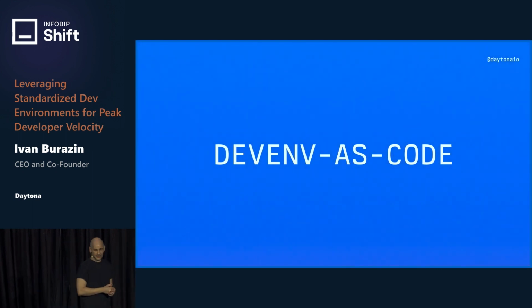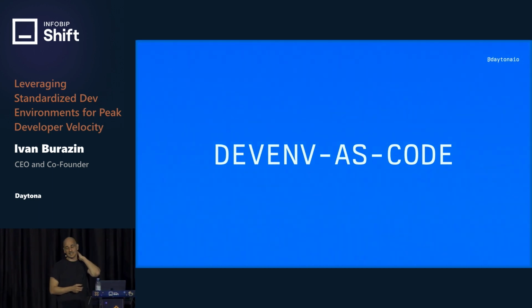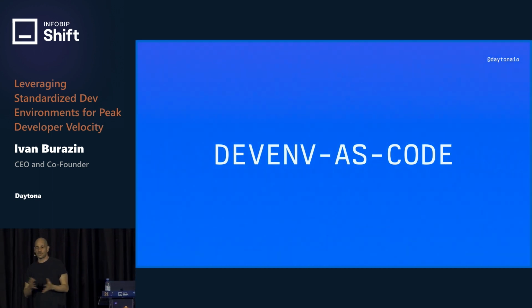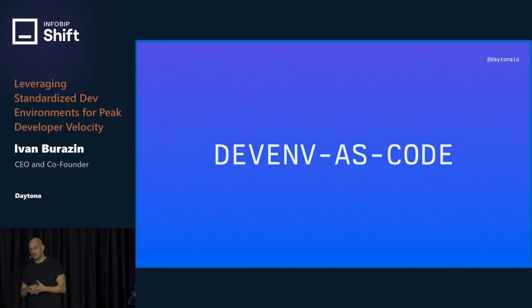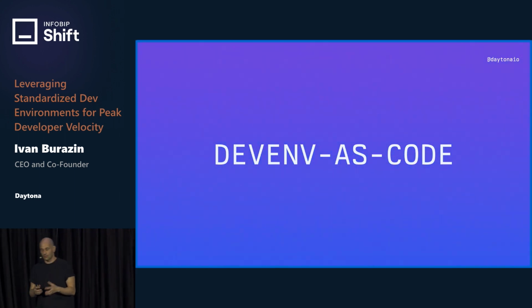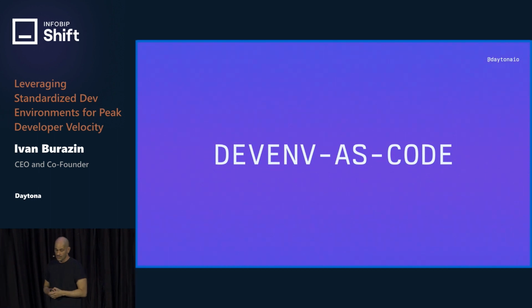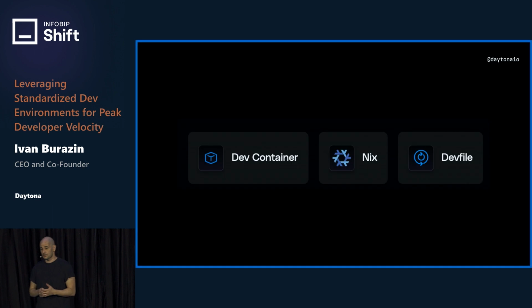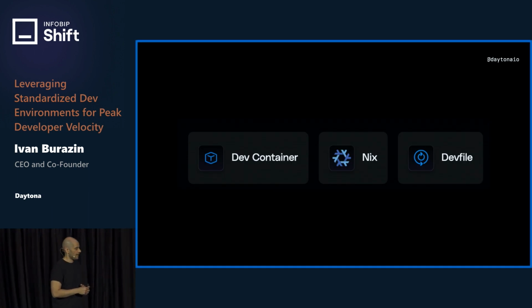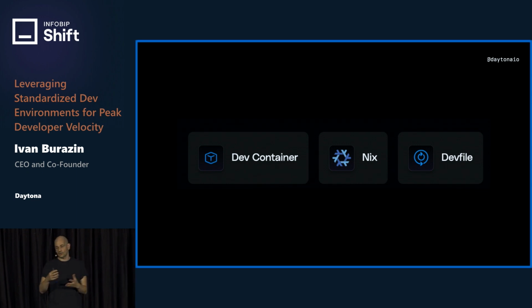This term, I think, was coined by Microsoft and they deleted it. Not sure why, but it's there. It's essentially everything that we know about infrastructure as code that's now actively used in DevOps, now oriented towards the development environment itself. There are a lot of standards out there in the world that you can use, but there are basically three that have been showing up lately as the leading standards.